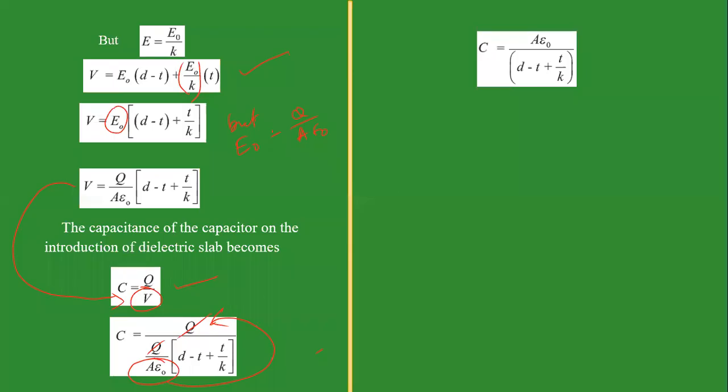Now we have to learn special cases of this formula. Some special cases. Case number 1: if the dielectric fills up the entire space, then